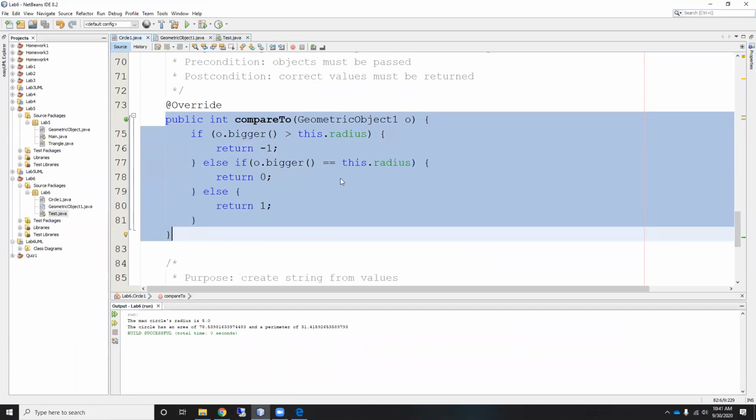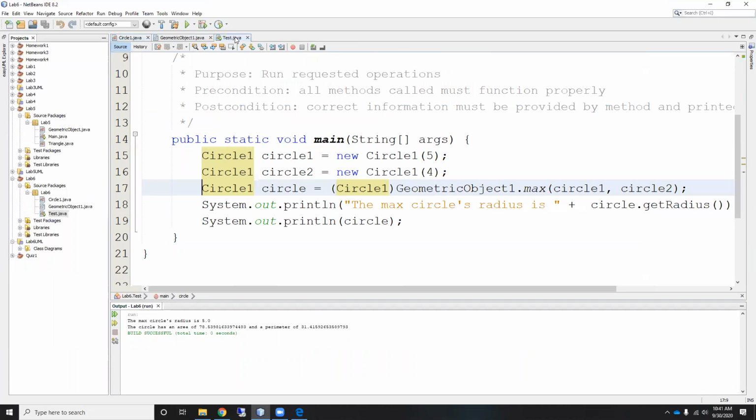Or is it? What triggers this compare to? Because this compare to has to be used. Yeah, because here you explicitly call compare to, but generally speaking, for the comparable interface, you remember in our class example